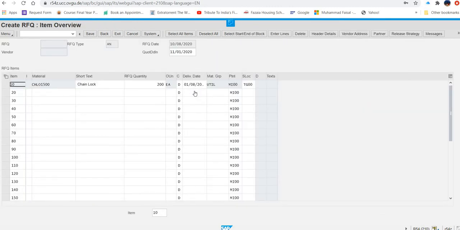Now what happened next? In the create RFQ item 0010, means this one, the first one. Click on this to display the RFQ header data. So we will see where is the RFQ header data. That icon is not there, but what you can do, you can click here on header details.